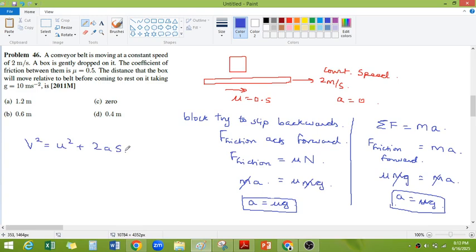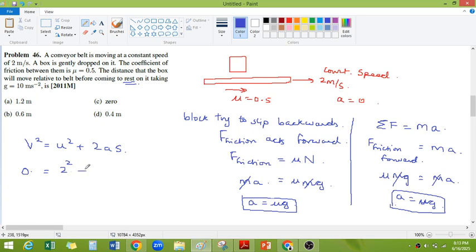Initially, with respect to this belt, it is stationary. So I would say with respect to belt, it is moving 2 meters per second. But once it comes to rest on it, the final velocity should be zero. So initially there is a relative motion between them,